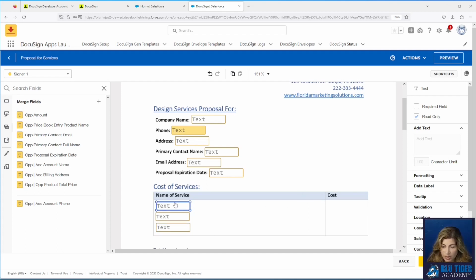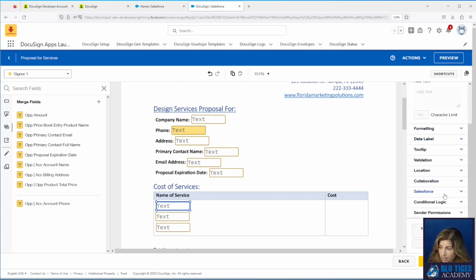Now this first one, we'll click on this, and we're going to click the Salesforce part in the sidebar here. And you see that it says Salesforce row 1. You also saw that I dragged and dropped each one from the side here, and that's because this will not configure properly if you copy and paste these fields here. I've tried that and it didn't work. For the amount, for the total price of each product, you will drag it 3 times from the side as well.